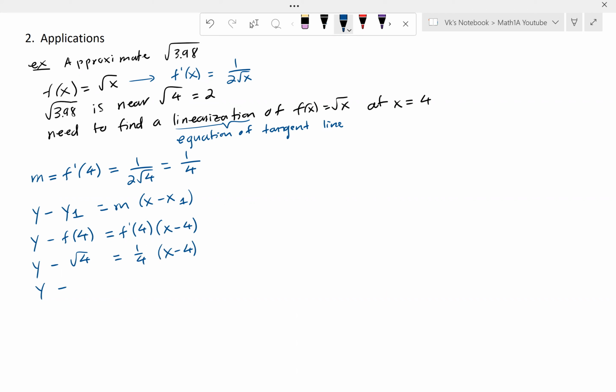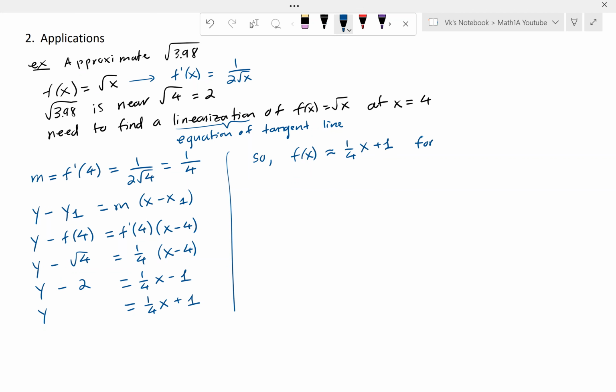So we have y minus 2 equal 1 over 4 times x minus 1. And y is equal to 1 over 4 x plus 1. f(x) is approximately 1 over 4 x plus 1